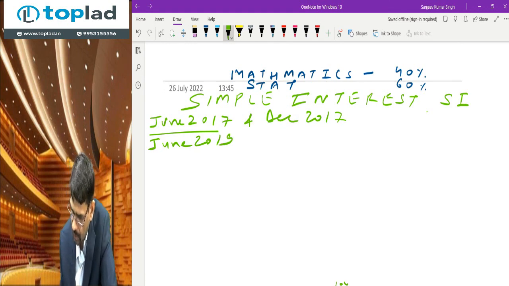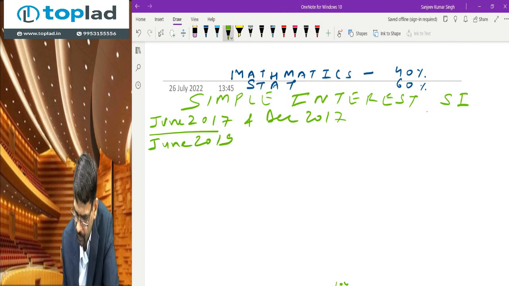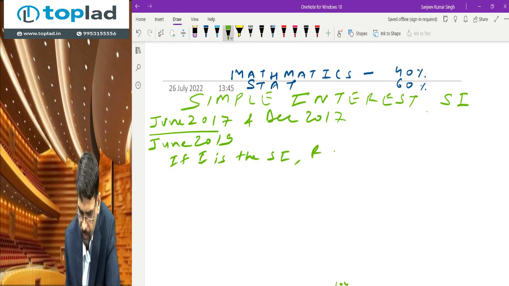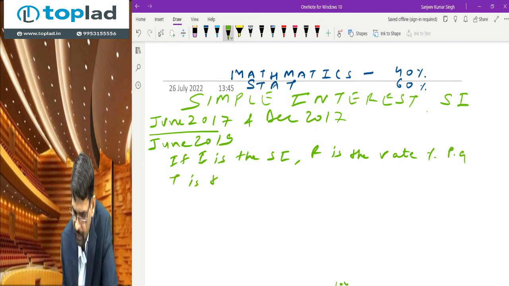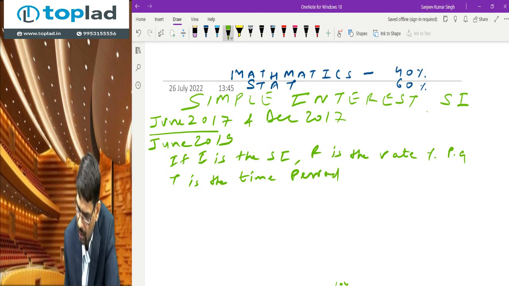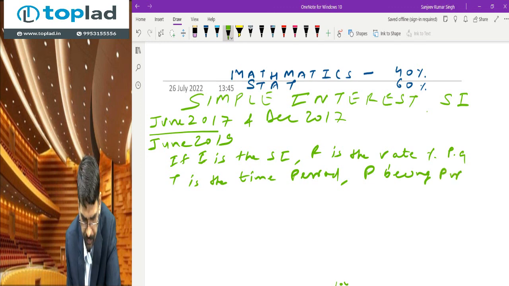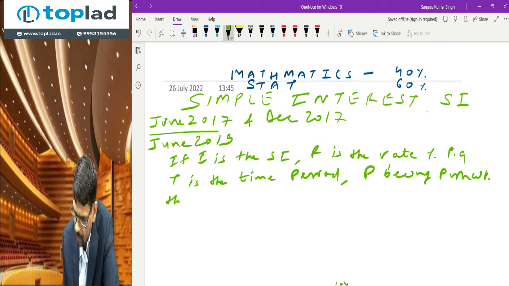And the question is, if I is the simple interest, R is the rate percentage per annum, T is the time period, P being principal, then